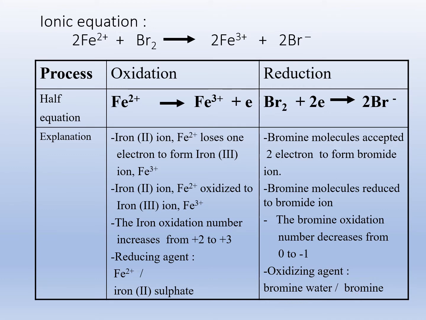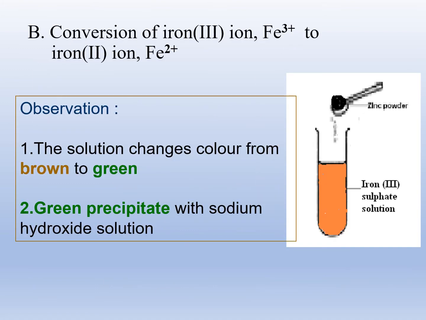Okay, complete your handout. Now we go to the second one, which is on page 13, conversion of iron 3 to iron 2, the vice versa of the first section. The solution changes color. What is the experiment? Just take a spatula full of zinc powder and add it into iron 3 sulfate solution and shake the test tube. So what happened? The brown color of iron 3 sulfate will change into green color,